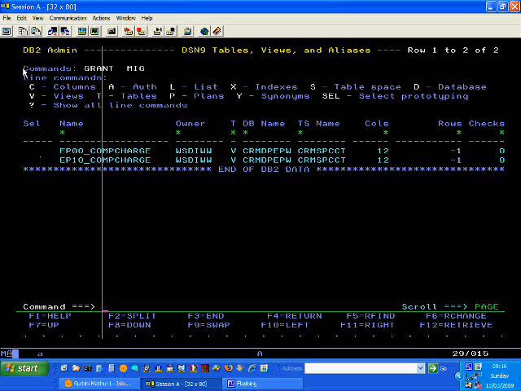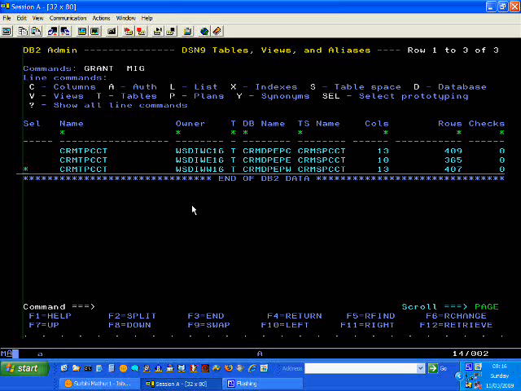Here again you can see the list of line commands which are present, which you can use on these particular views. Press F3 to come out. Now again we can see main show all line commands. It will give you numerous options which you can perform on your particular table,